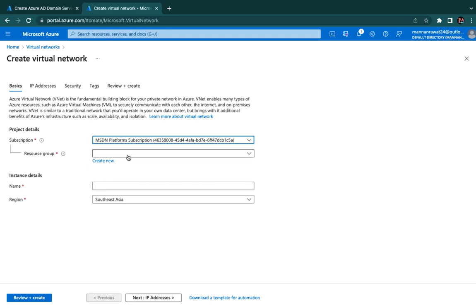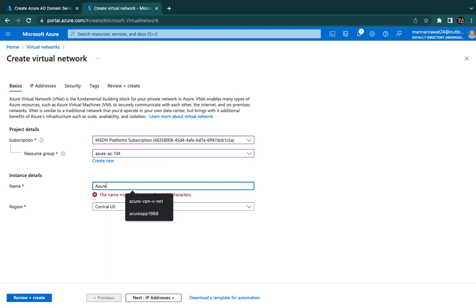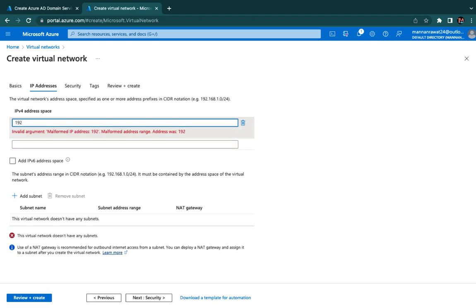Cool. I'm just going to proceed with the same resource group and same location as well. Type the name of your VNet: Azure AD VNet. Next, this is the default CIDR value, which contains 65,536 IP addresses. I don't want to pay anything related to these IP addresses, so I'm just going to use our own IP address